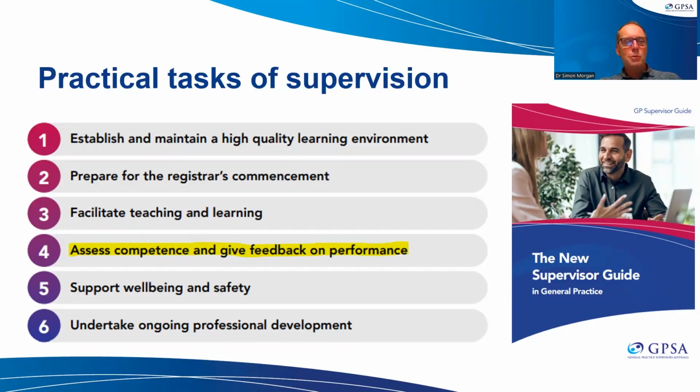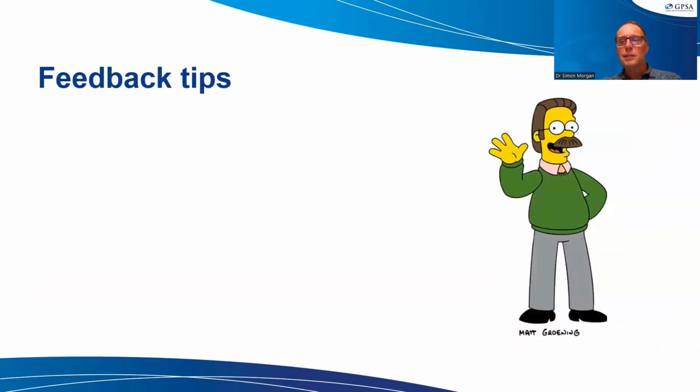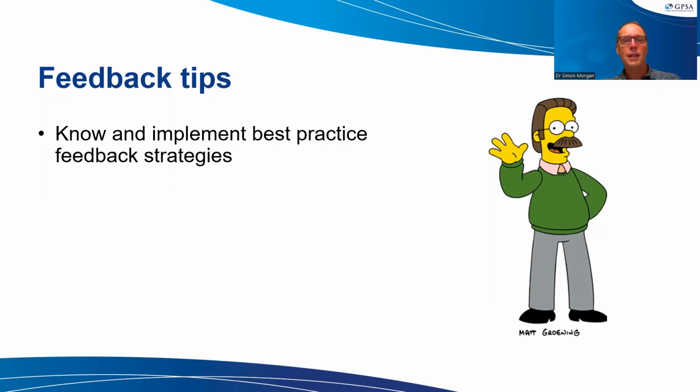We're getting through this list. We're up to number 4, and none of these are hopefully unfamiliar to you. A rigorous, positive, supportive learning environment. A registrar prepared to come, so we know what they're expecting. Teaching and learning, and obviously the other really big part of that is assessment and giving feedback. The way we can give feedback has evolved over time. But that's Ned Flanders. I think Ned Flanders does give feedback. He provides his assessment of things through his particular prism, and he gives feedback as he goes. So I hope that's a good representation of feedback. And a few tips.